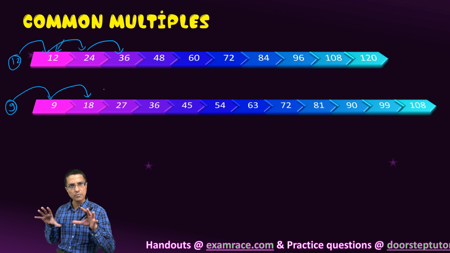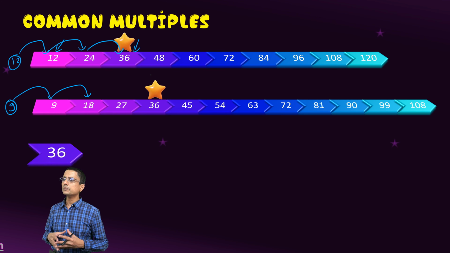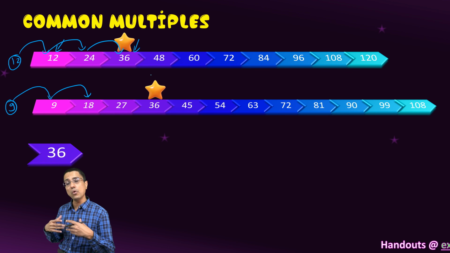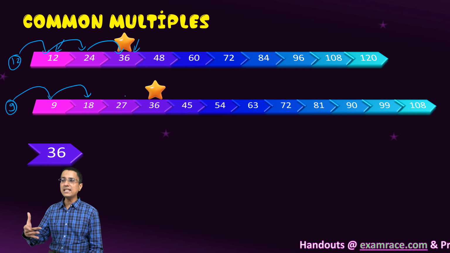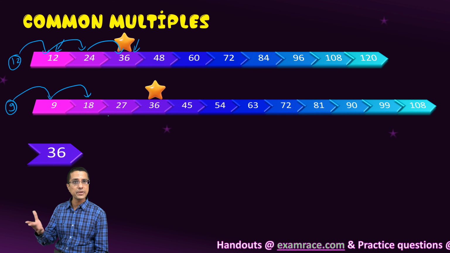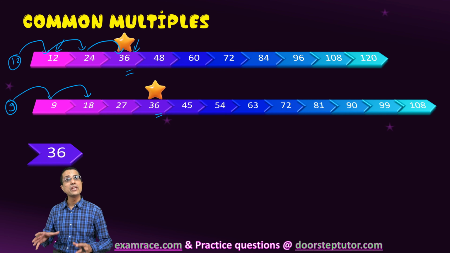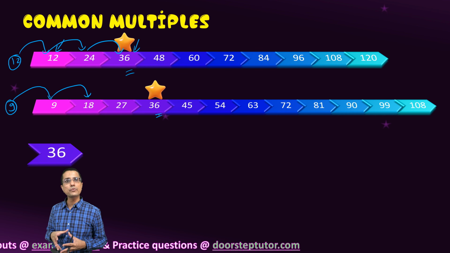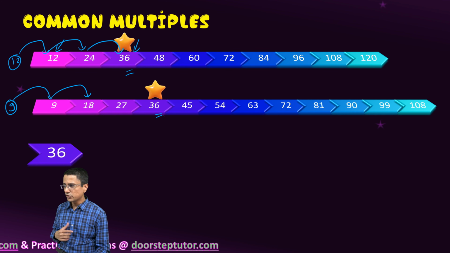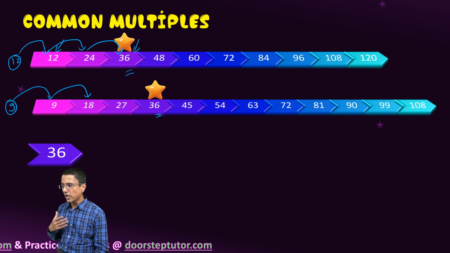To get to the common multiples, I notice that when I look at the multiples of 12 and the multiples of 9, certain multiples appear in both, as multiples of 12 as well as 9. These numbers are known as the common multiples. The first such number in the case of 12 and 9 is 36. So I write that down. The next number of course is 72, and after that 108.